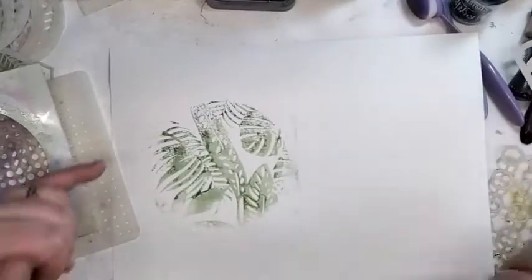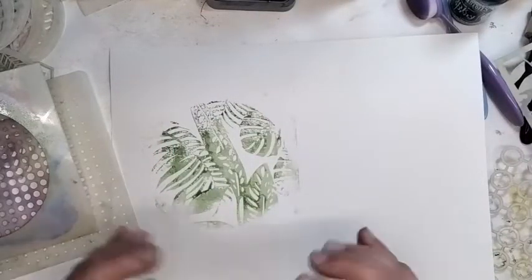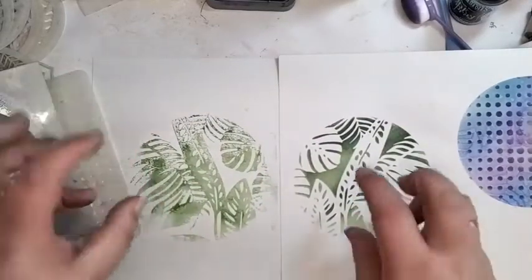And then you've got a sort of watercolory circle with your Jungle Leaves. Now, come on, guys. That's pretty good. Okay? So again, from one inking, you've got two different...